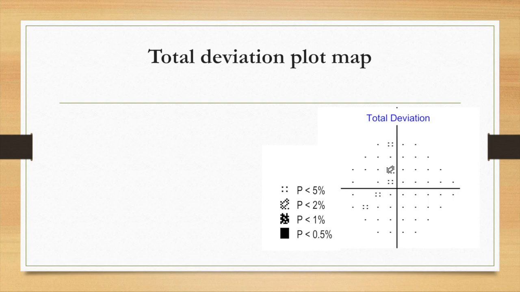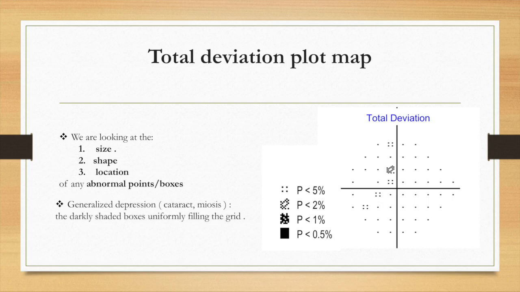The moderately darkened box where the p-value is less than 1%, and the fully darkened box where the p-value is less than 0.5%. While reading the total deviation map, we are looking at the size and shape and location of any abnormal points or boxes. The generalized depression in this map,